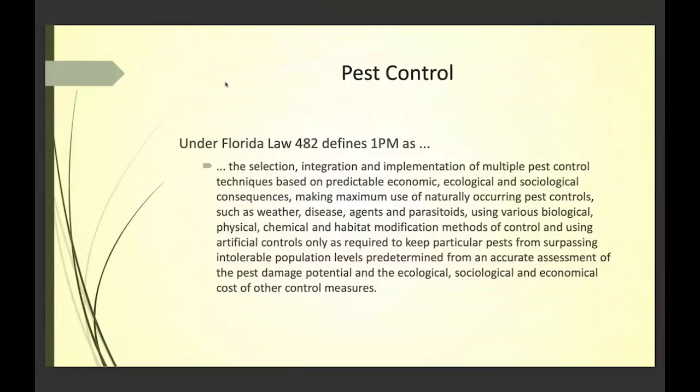All right, pest control. This is a mouthful. I will read it just because it really covers the meat and potatoes of the entire 482 law. It is defined as the selection, integration, and implementation of multiple pest control techniques based on the predictable economic, ecological, and sociological consequences, making the maximum use of the naturally occurring pest controls, such as weather, disease,